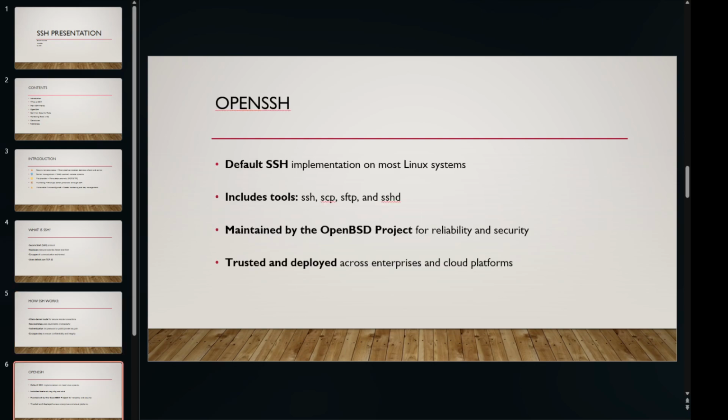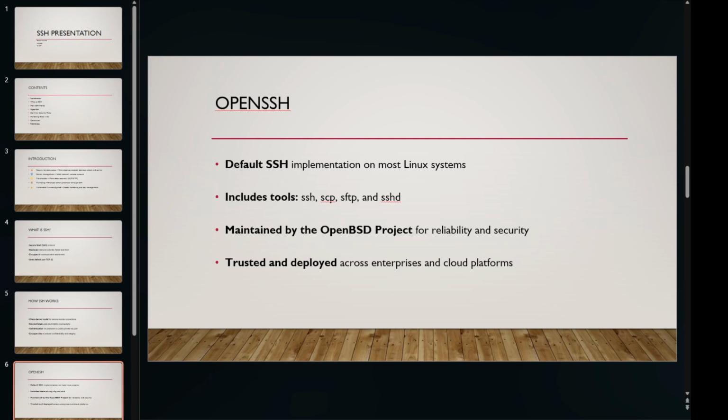OpenSSH. OpenSSH is the most widely used implementation of the Secure Shell protocol. It comes pre-installed on nearly every Linux distribution and is also available for macOS and Windows. It's not just one program. OpenSSH provides several essential tools. The ssh command allows remote login, SCP and SFTP handle secure file transfers, and sshd is the server-side service that